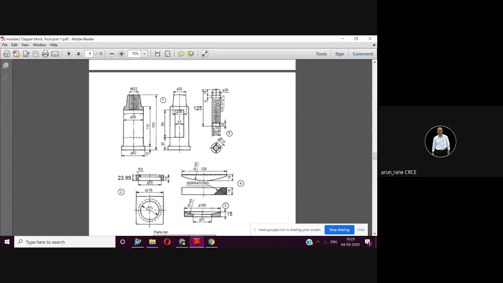Then in this ring, this wedge will be fitted. Now you have to be careful. This radius of the wedge and this radius should match. All right. Then on the wedge, tool bit is going to be mounted, and then tool bit will be fixed with the help of the screw. So we'll close this because this is not required now.